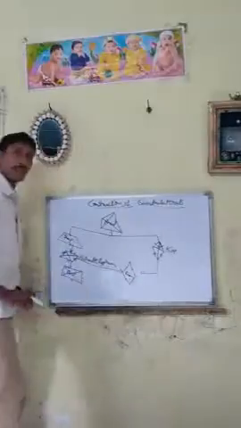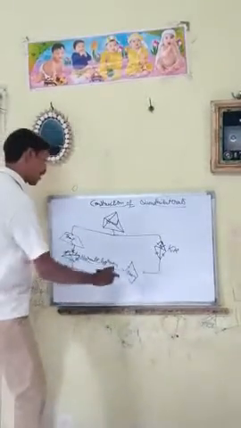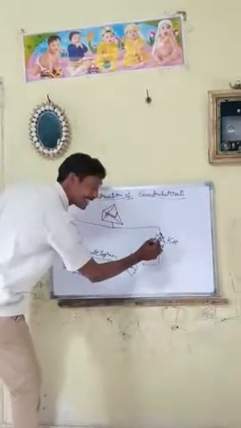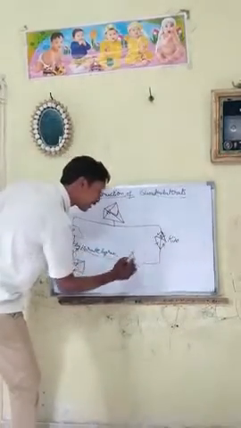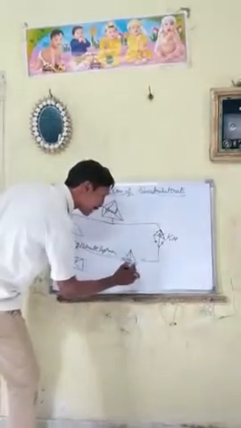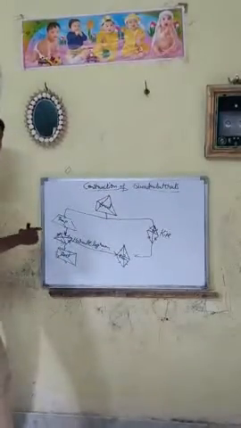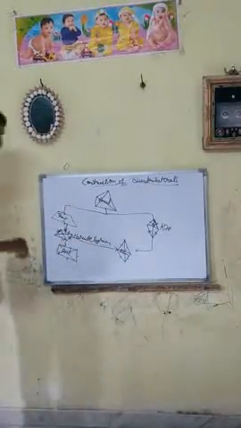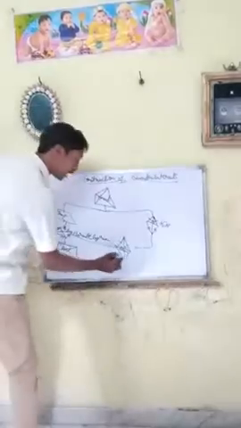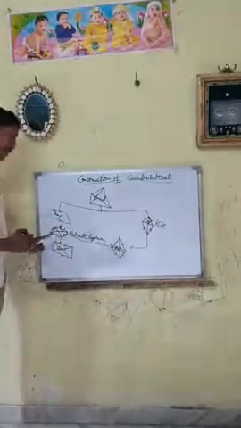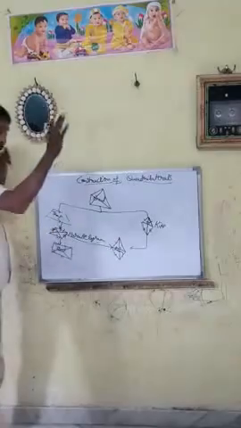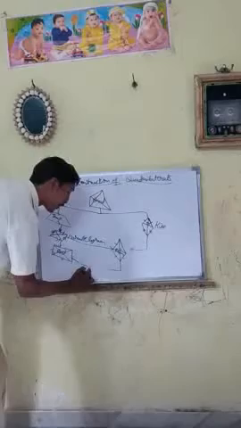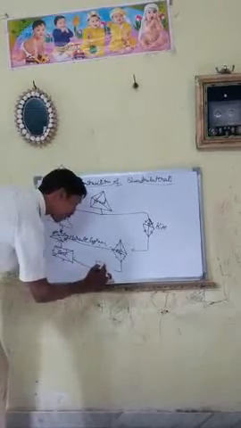Coming to rhombus. In a rhombus, all sides are equal and diagonals intersect at right angles. Why? Because the property is there in a kite. But they bisect also. Why? Because it is coming from a parallelogram. So the diagonals bisect at right angles. All sides are equal and opposite angles are equal, as it is in a parallelogram. Comprising all these properties, the last figure we get, that is the properties of rectangle and rhombus combined, is nothing but a square.